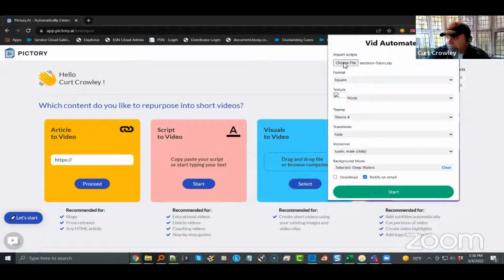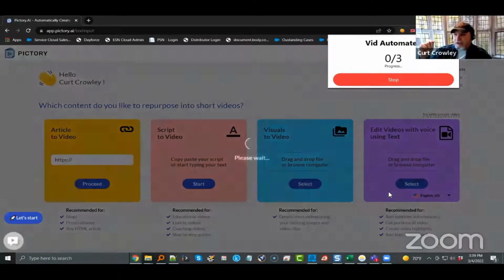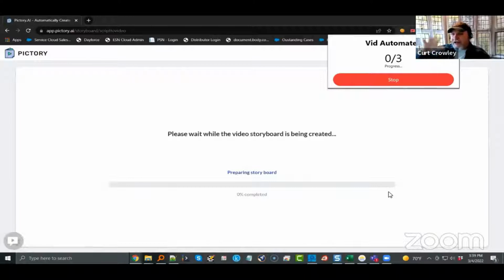You can have as many files in your zip file as you want. Make sure they're all text files. And then you click start. And then boom, immediately you notice it's going to work. It's already put up the file, and you're going to notice my hands are free. I'm not doing anything. The Chrome extension is doing everything for me.